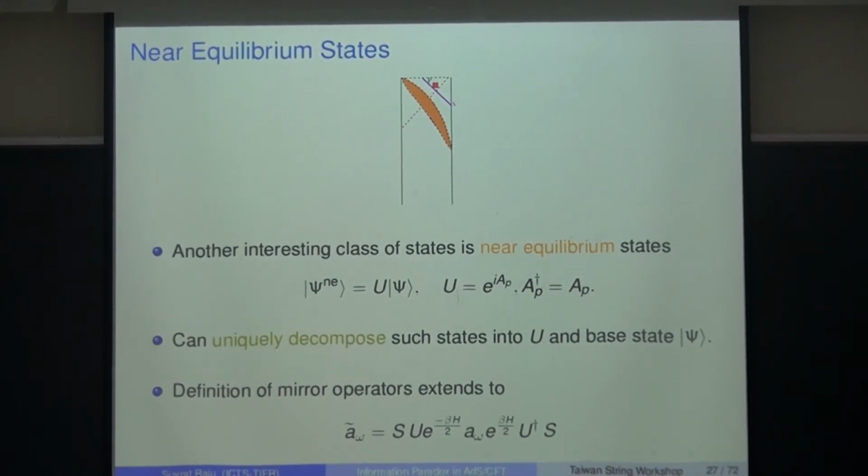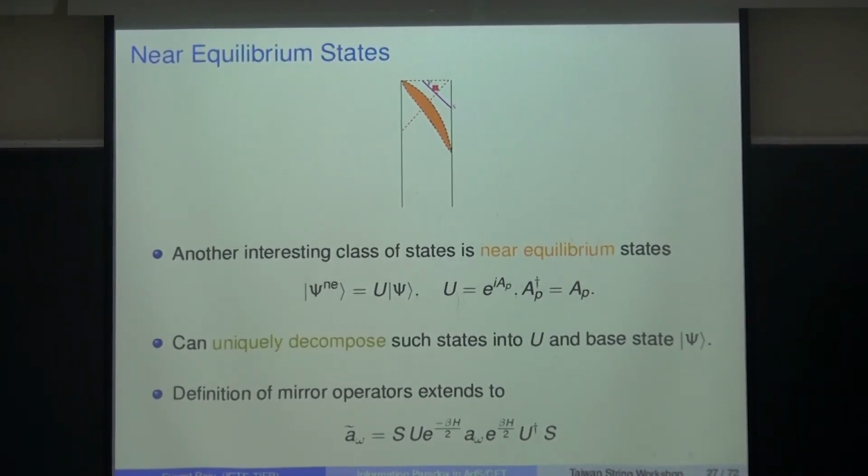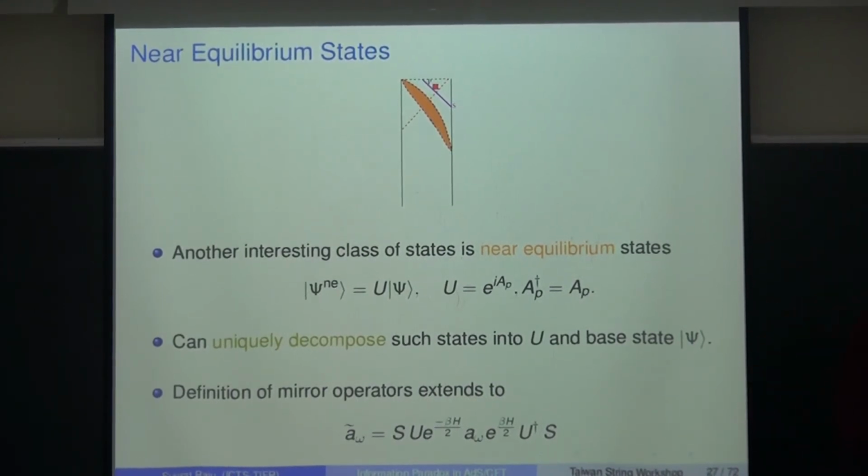Now you might be concerned that near equilibrium states occupy only an exponentially small volume in the CFT, and that's true. But all of us, in some sense, are near equilibrium excitations of the equilibrium. In some time, all of us will decay to thermal nothingness, and therefore near equilibrium states are interesting because they are states in which dynamics is happening and something is happening. So even though they are a small subsection of the volume of the Hilbert space, they're still interesting, and we should account for them.